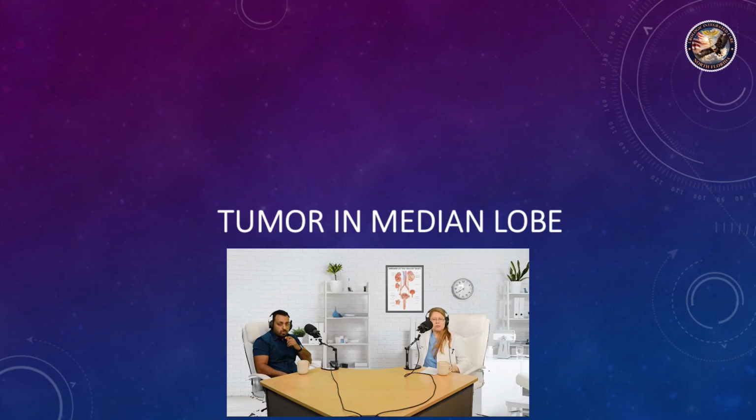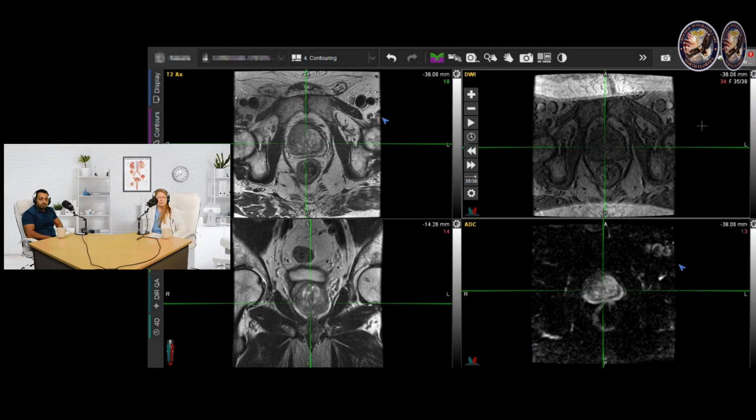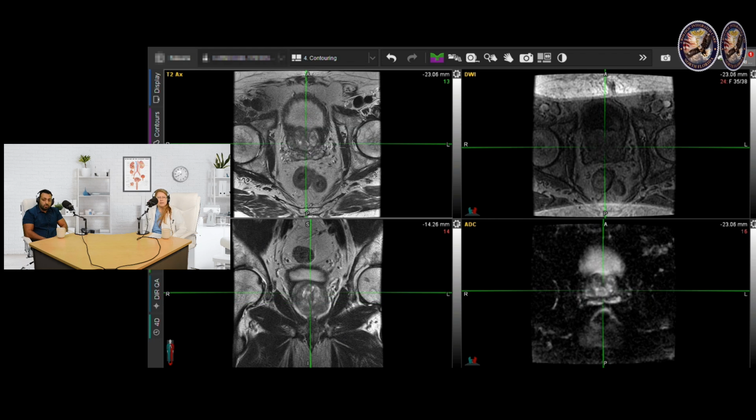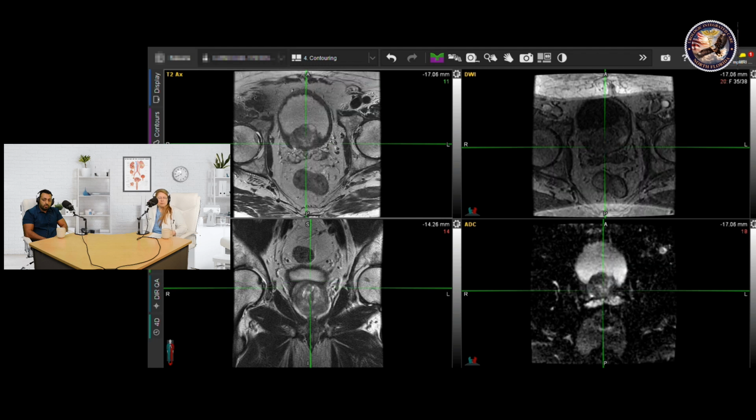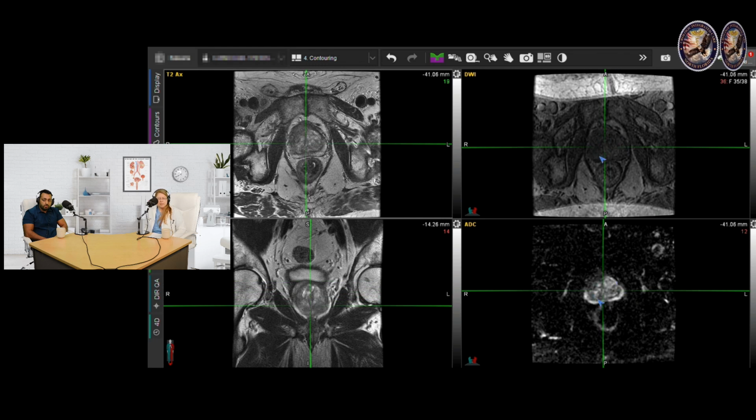This is a median lobe tumor. This is a patient that had two different prostate biopsies. PSA was 10 and then 19, and by the time I saw him, his PSA was 39. And basically, his tumor really was on the median lobe. So using our software, we outlined the tumor, we outlined the prostate, and